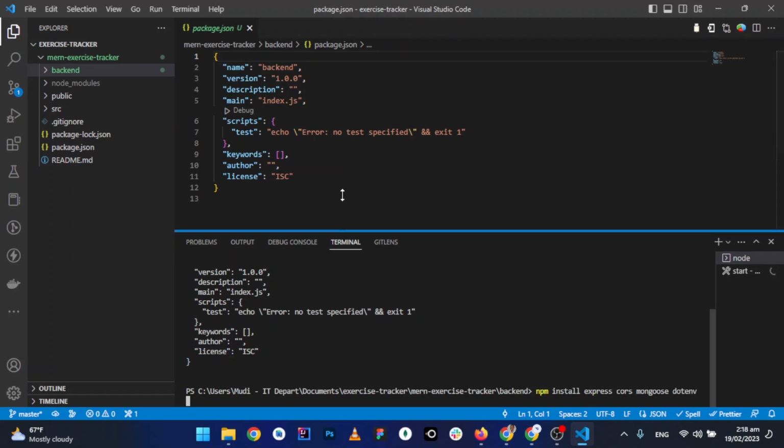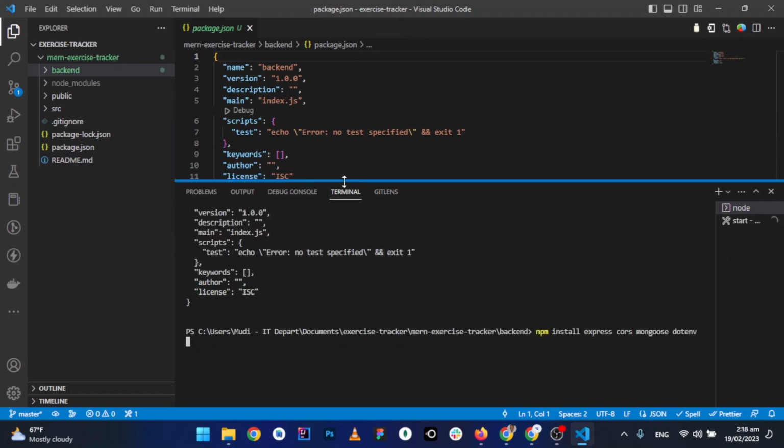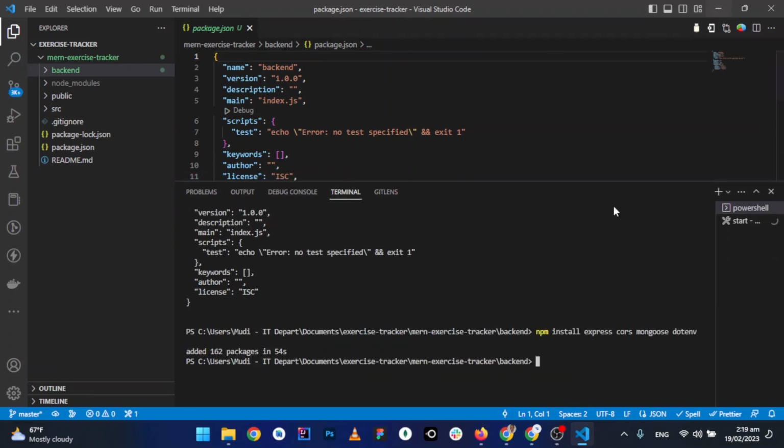We'll just wait for that to install. Okay, so we're done. You can see here it says added 162 packages in 54 seconds. Okay, so it means we're good. Now we're going to install one final package